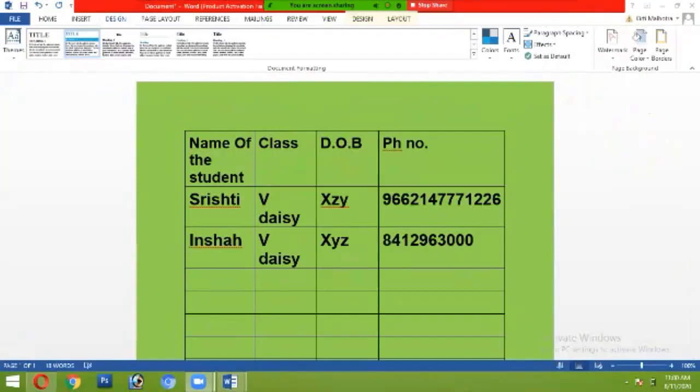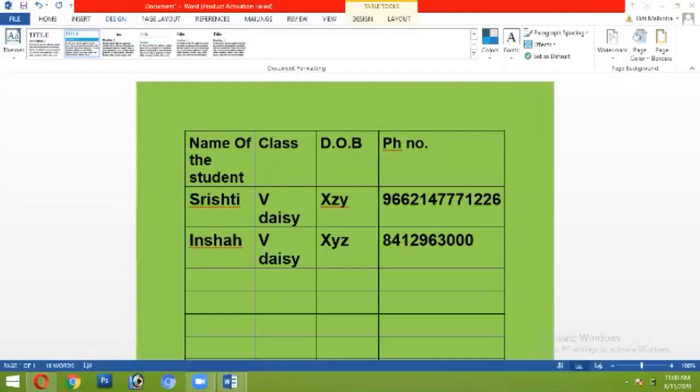Excuse me, ma'am, your voice is not clear. बेटा it will come clear now. You can resize the column width. आप column width को resize कर सकते हो. Ma'am, your voice is not clear. बेटा it is because of internet stability. You can see it from the video. I will be sharing the video.